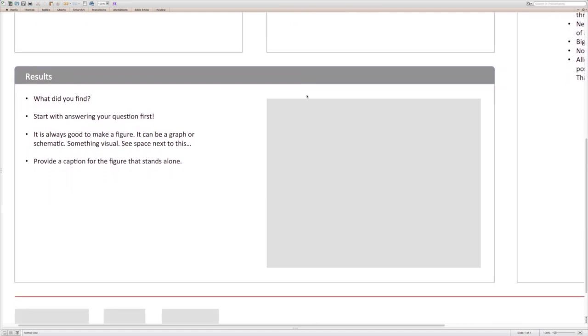Results section. What did you find? Always start with answering your question first. Did you corroborate your hypothesis or not? It's a great place to start with, and that's what people really care about. They're at your poster, not to go through a thesis presentation. They're at your poster to get a quick fact, a neat finding that they can then take home to their